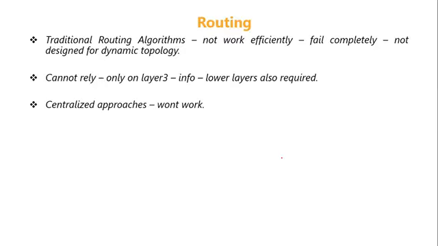And centralized approaches will not really work with a mobile ad hoc network, because it takes too long to collect the current status and disseminate it again. Within this time, the topology might already change. If you say this is the network status at this time, and that information is passed to everybody, before that information reaches the network, the topology may change. So there cannot be any centralized approach which says that this is the topology, so follow this routing, because all this happens because of the dynamic nature of the network.